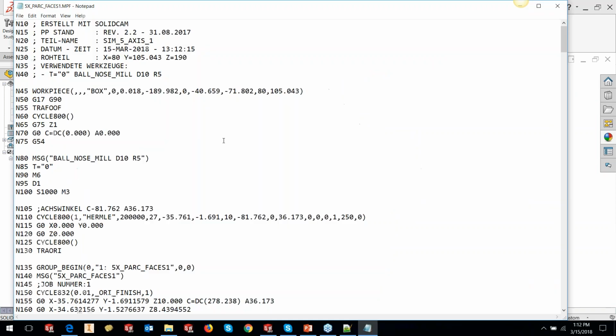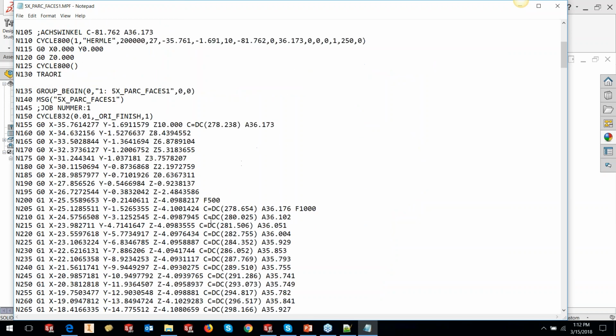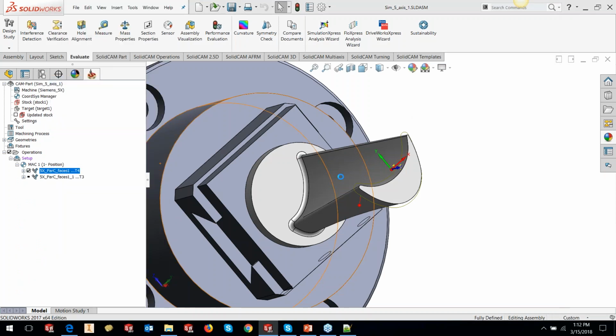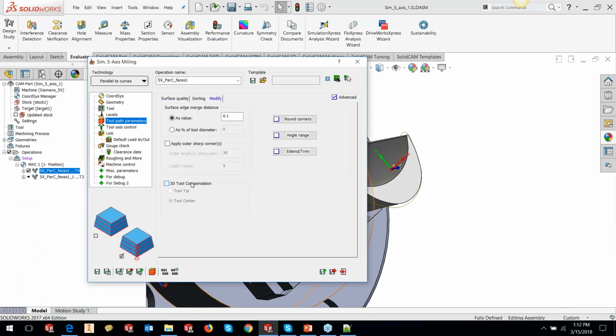You can see that we do not have the cut3cc command because we have not switched on the 3D compensation, and all I see is X, Y, Z, C, and A angles. So we have not switched on any of our compensation at the moment. Now let's go back and switch on the compensation. So modify, switch on, and I'll switch to the tool center compensation. By the way, you will see 2 different values also in coordinates when you move from tool center to tooltip. So let's generate the G code,